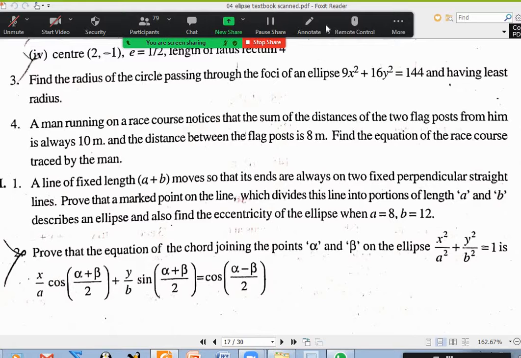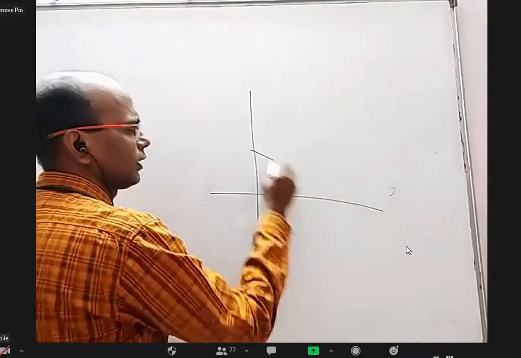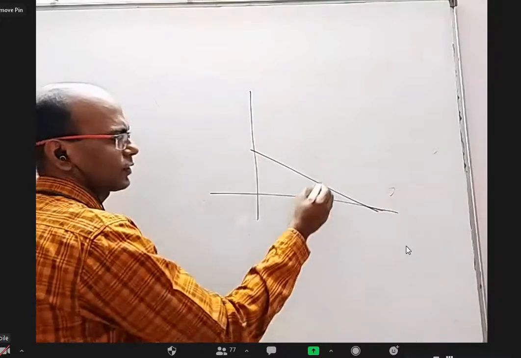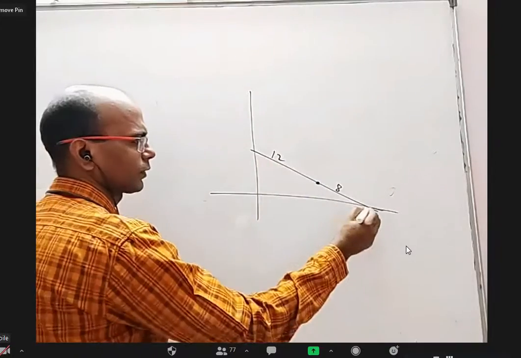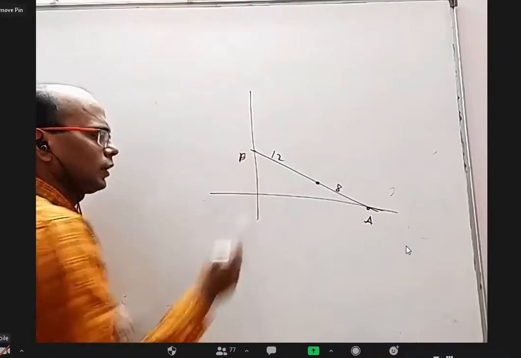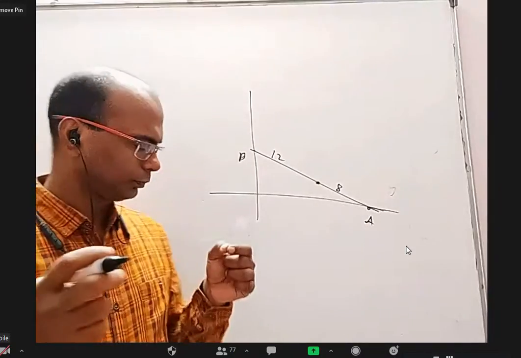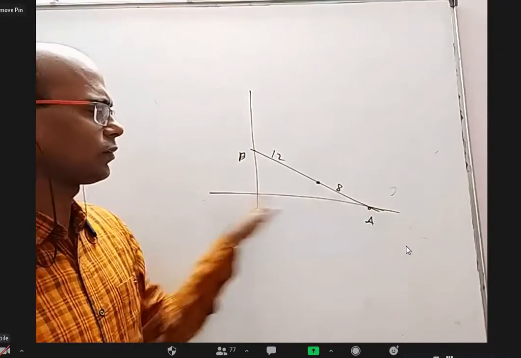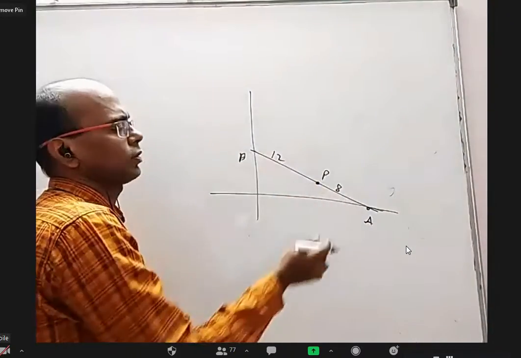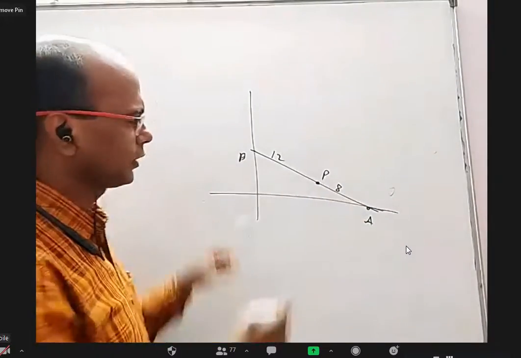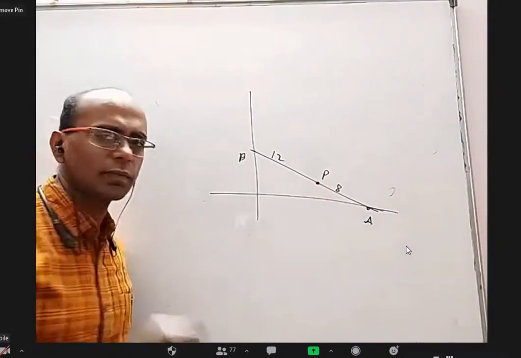So once explain first question. In first year straight lines, you might have done this, or even locus right in the beginning. Basically, you have a line like this. The length is fixed. There is a fixed point where from here to here distance is 8, from here to here distance is 12. So this is capital A and capital B. Let us say we have a fixed rod of length AB, so that one end always moves on x-axis, another end always moves on y-axis, and there is a fixed point P on that rod where this is 8 and this is 12, and the length of the rod is 20. As you move, this point will trace some curve. It is asking what is that.